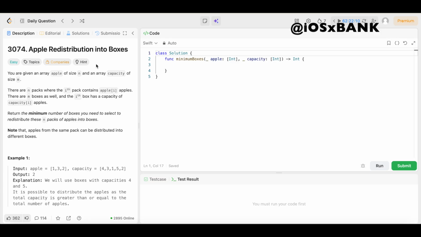And today we have question number 3074, Apple Redistribution into Boxes. The difficulty level is easy, so you already know we're going to keep the solution as simple and easy to